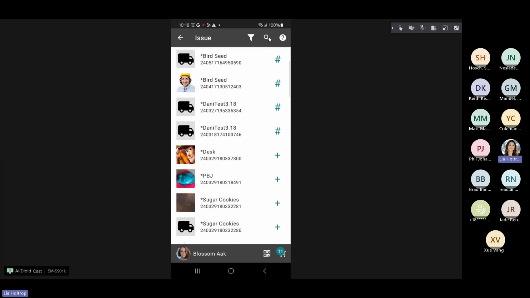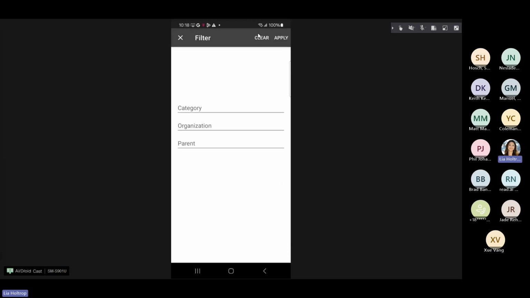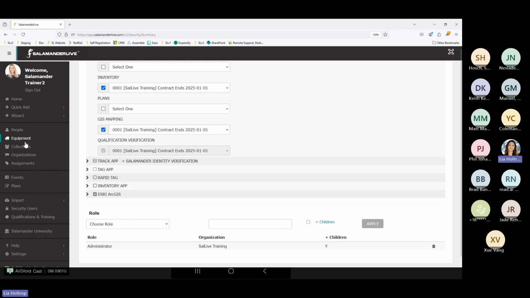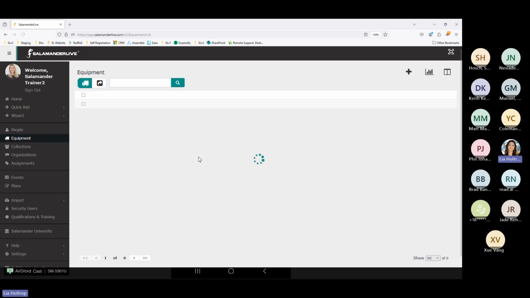The other option that you have on here is filtering. So this is filtering for a specific area. So if you're filtering by category, by organization, or by parent. So how parent works is that in Salamander Live, this is just a review for those that are new to this. In Salamander Live, under the equipment